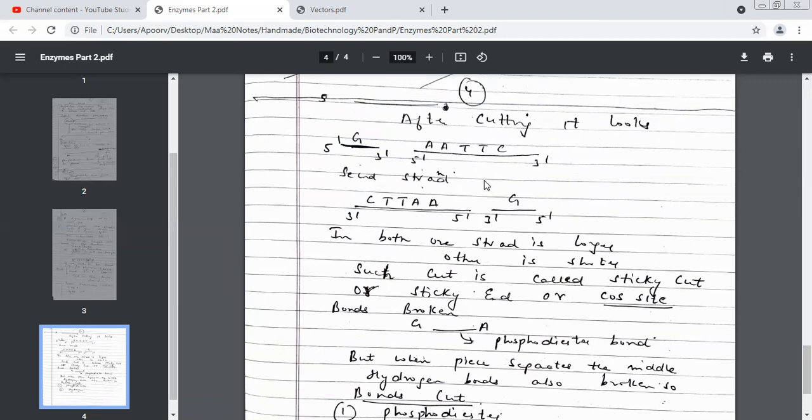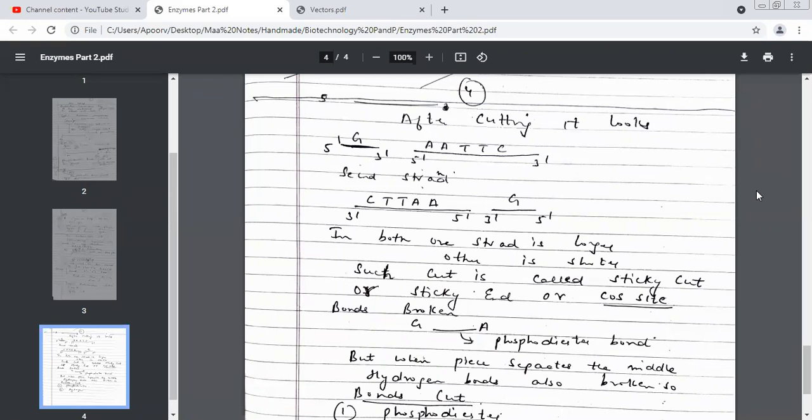Now you got sticky ends. Please see these sticky ends that you have. These strands will try to attach to each other. You know, double-stranded DNA is between complementary strands. You know now? If you have an A, you'll have a T. If you have a C, you'll have a G. You know this now?